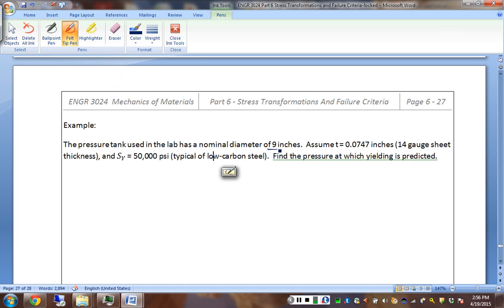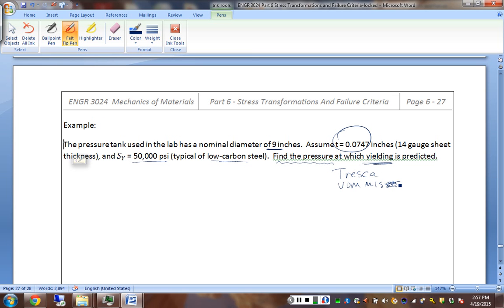That is a nominal diameter of 9 inches. The thickness is 14 gauge sheet, so a thickness of 0.0747 inches. A low carbon steel with a yield strength of 50,000 psi. And we want to solve the problem of what is the pressure at which yielding is predicted using both the Tresca and von Mises